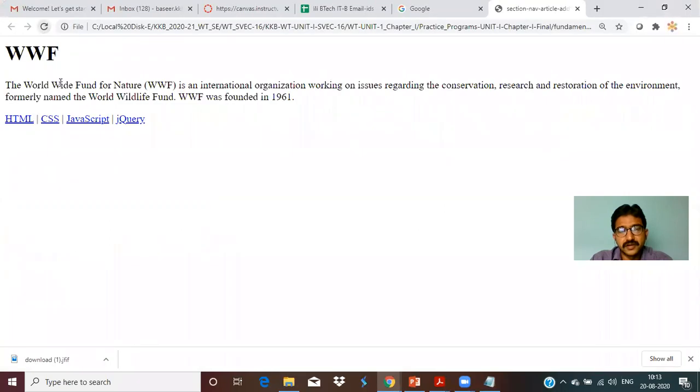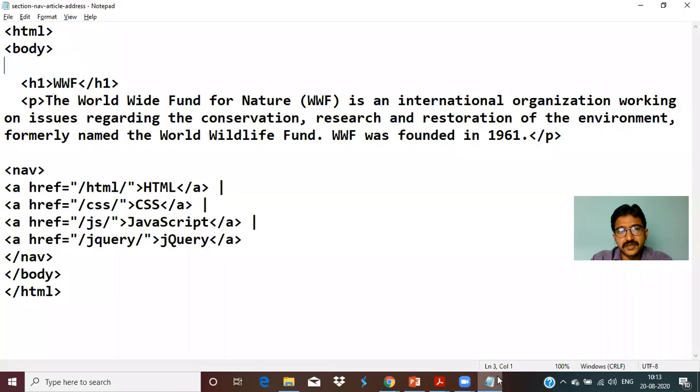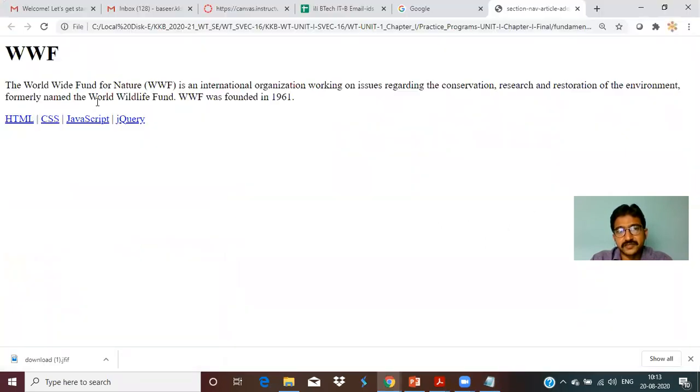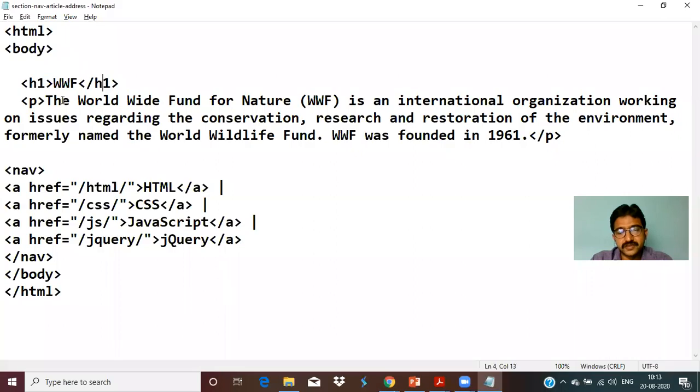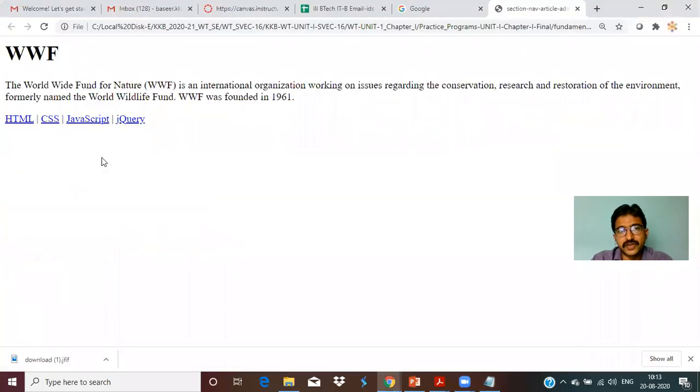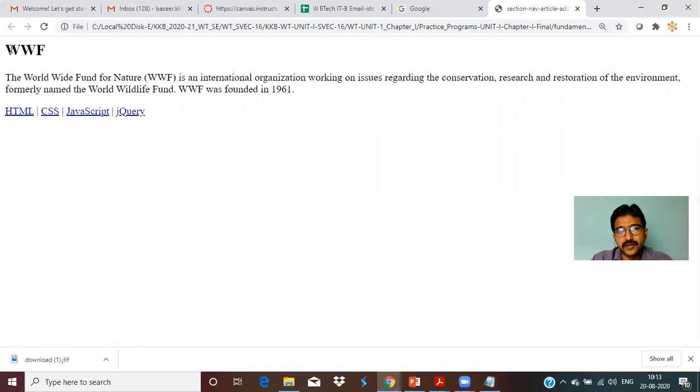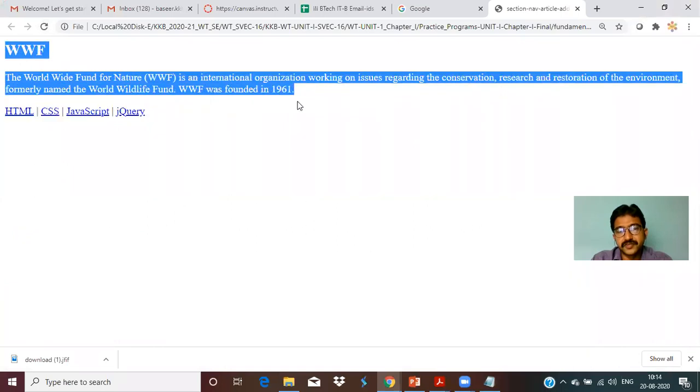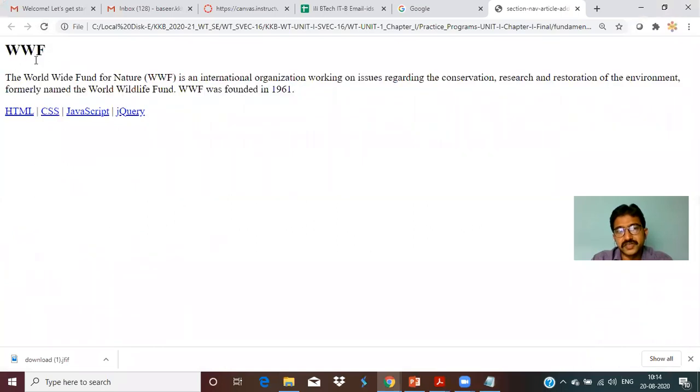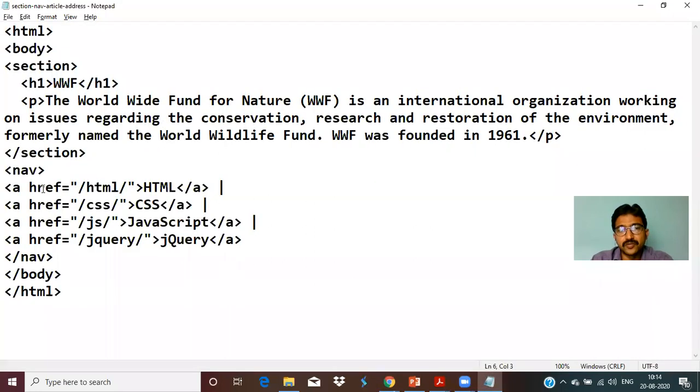See, normally it will come as a different font because we are using H1, so it looks like this. If we are using section, it displays in one style. But overall, if you have more content, see how it looks. You are using section like this. If you are not using section like this. So if more content is there in the page, definitely you will know the value of this navigation.